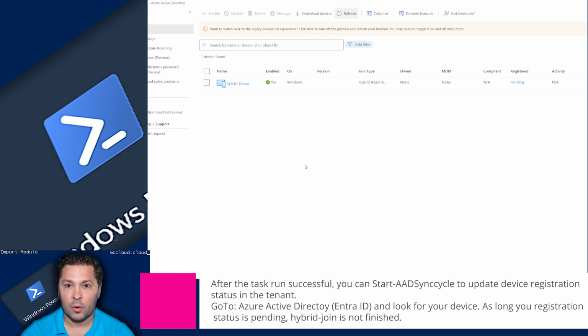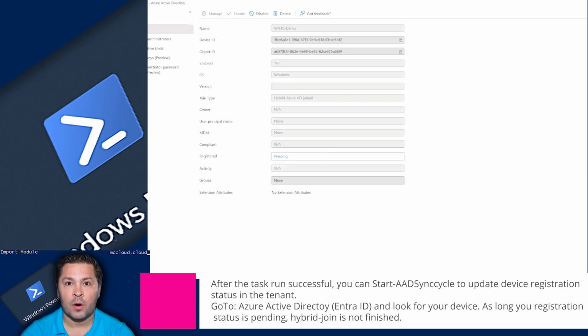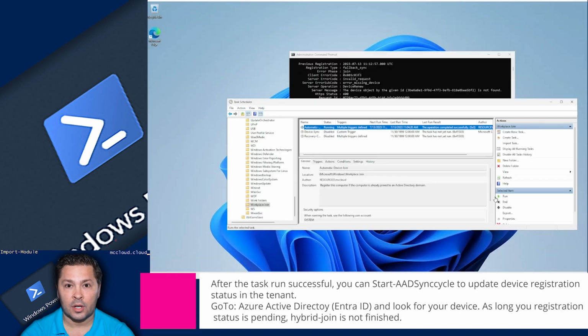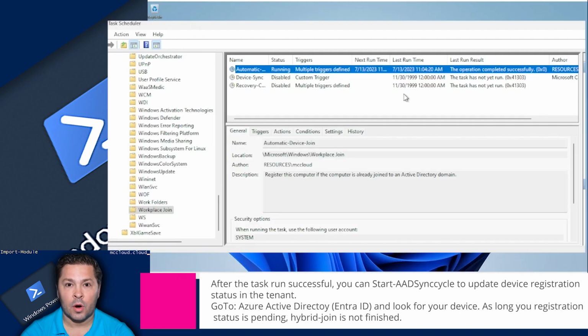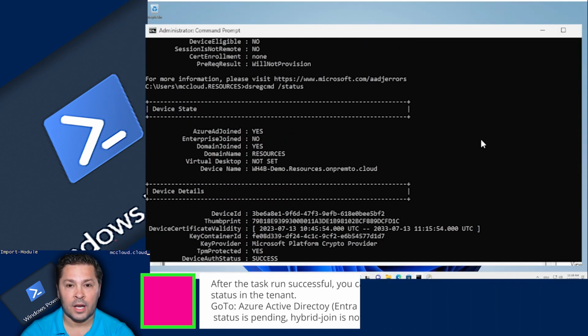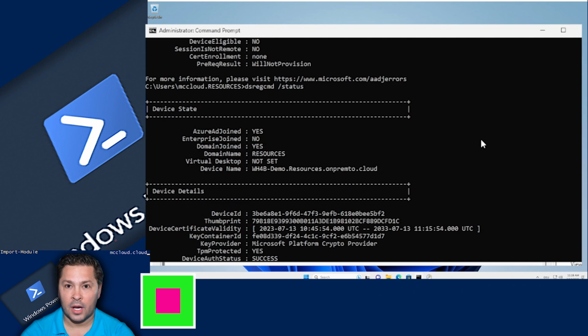After the task runs successfully, you can start an AAD sync cycle to update device registration status in the tenant. Go to Azure Active Directory, Entra ID, and look for your device. As long as your registration status is pending, hybrid join is not finished. After several minutes, run again